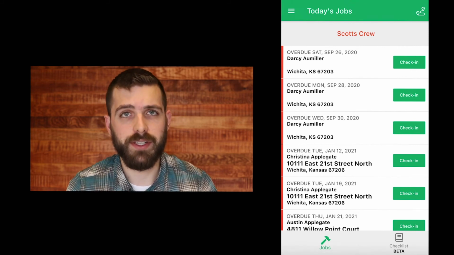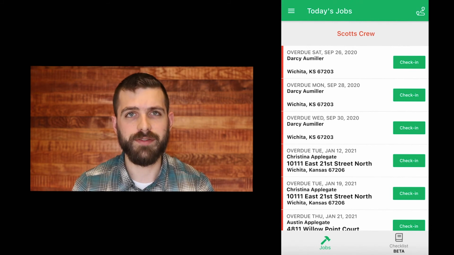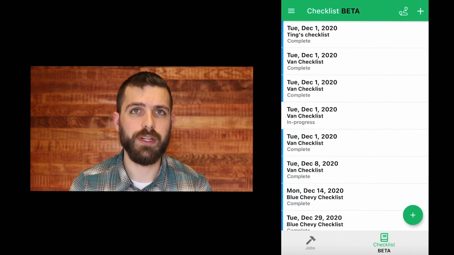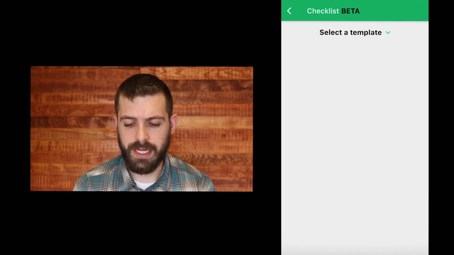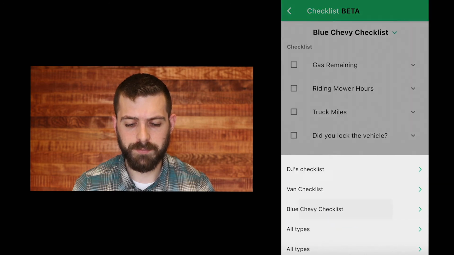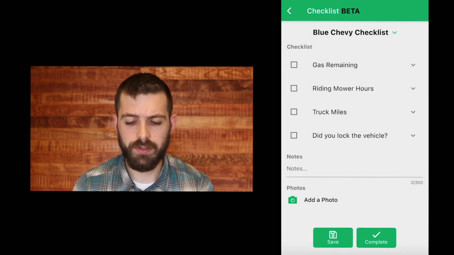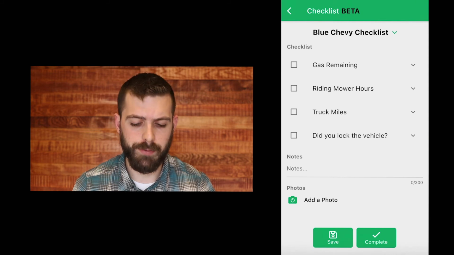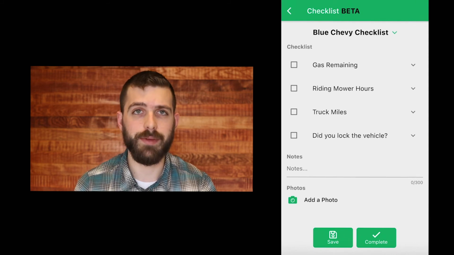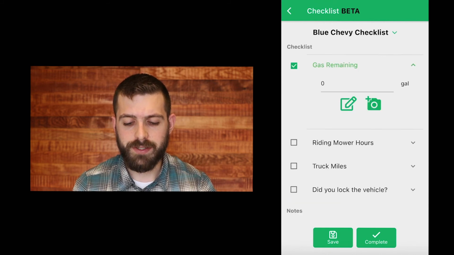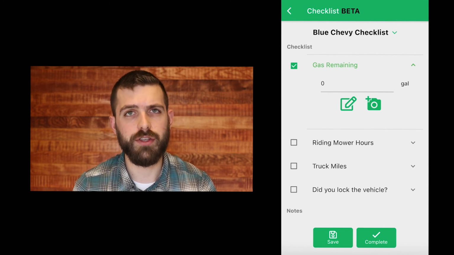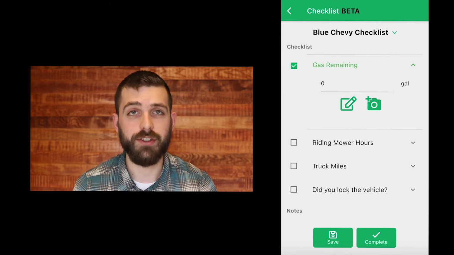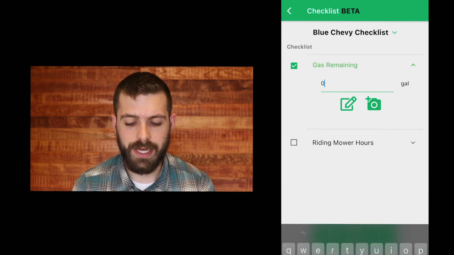The other side of the Crew app that's a little bit new is called the checklist feature. And this allows for some additional accountability as well as some helpful reminders for your crew at the end of the day. I'm going to take a look at the blue Chevy checklist here. And just for sake of example, this is what I would be looking at as a crew member. Not only can you add notes and photos for each item and the overall checklist, but some fields are going to be required as far as check marking each field to ensure that I checked on that particular item throughout the day. And these are self-defined, so you would just define what you want your employees to check off at the end of the day, such as how much gas is remaining in the truck,